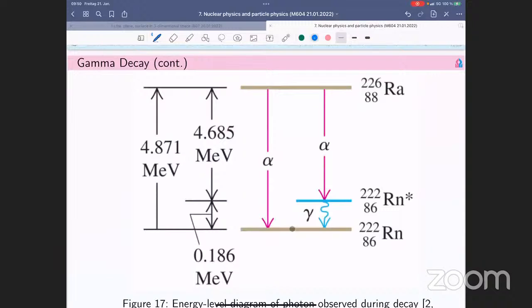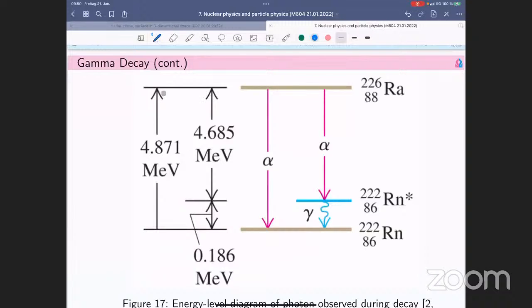If the radon stays in the ground state, it releases the alpha particle with this energy difference. But if it releases only this amount of energy for the alpha particle, the nucleus of the radon still stays in the excited state, with a star. And the radon in the excited state will further emit energy in terms of gamma emission, a gamma particle. You can say it, but it's not the actual particle. Okay,